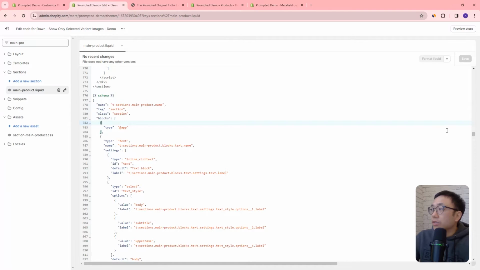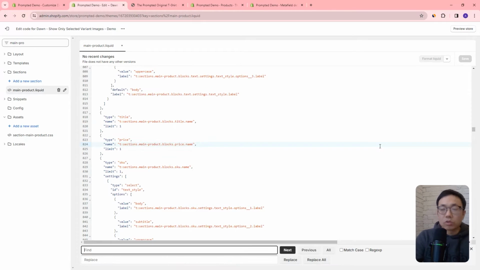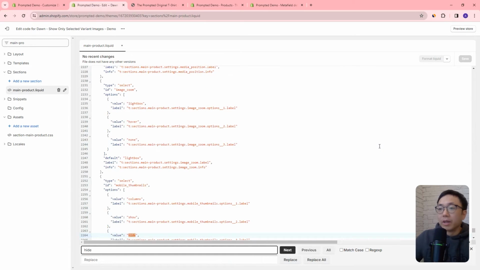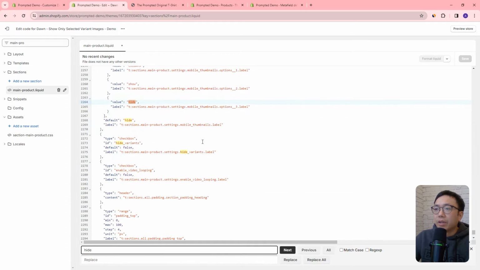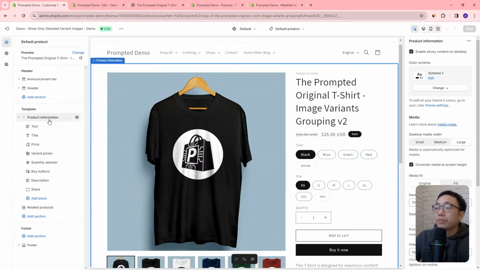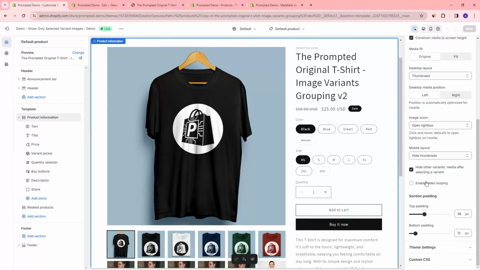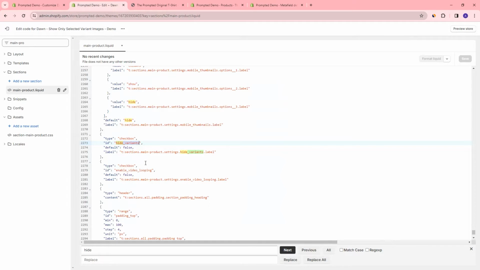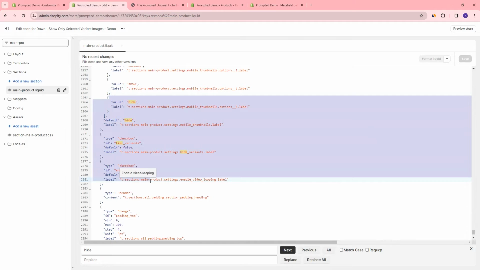What we're going to do is just scroll near the bottom, or you could just look for hide. And you're going to see here, there's some sections for hide variants. And if you actually go into your theme editor, right? So your theme editor, product information, you can see here, there's actually a setting here, hide other variants media, right? And then enable video looping. So enable video looping is right there, right? So these are just the definitions for those